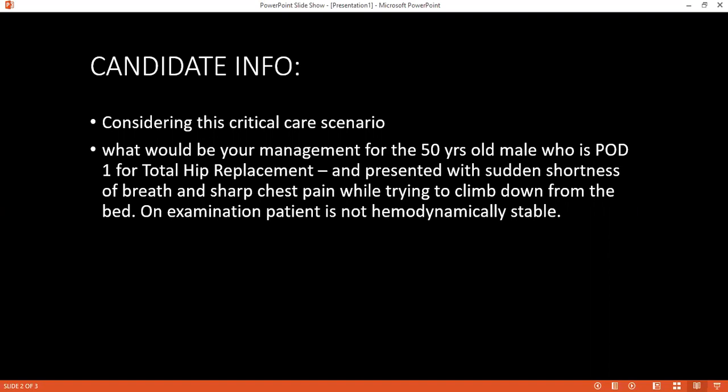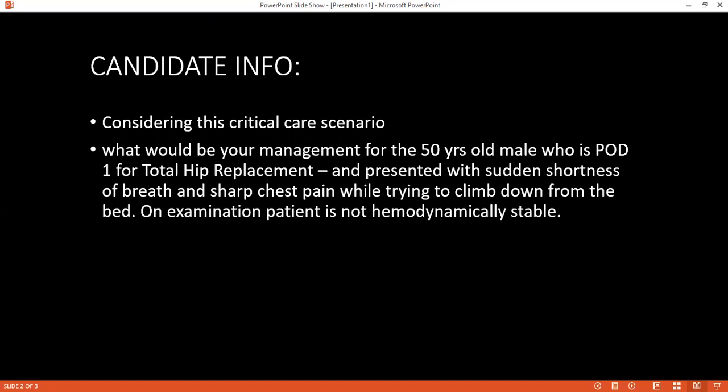While managing, you realize the patient is not hemodynamically stable. How would you manage now? What measures would you do? If the patient is not hemodynamically stable, then I will go for the surgical embolectomy and catheter directed thrombolysis. Which agent would you use and in which dose? I will use a therapeutic dose of low molecular weight heparin, 1 milligram per kg twice daily. And the prophylactic dose I will use according to the weight. If the weight is 50 kilograms, then I will use